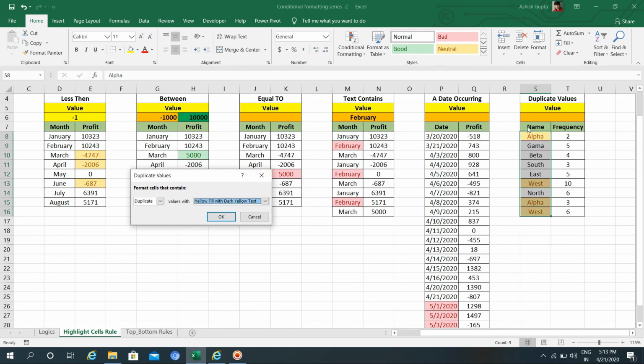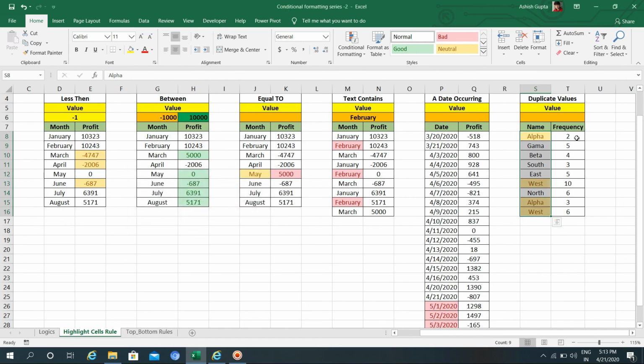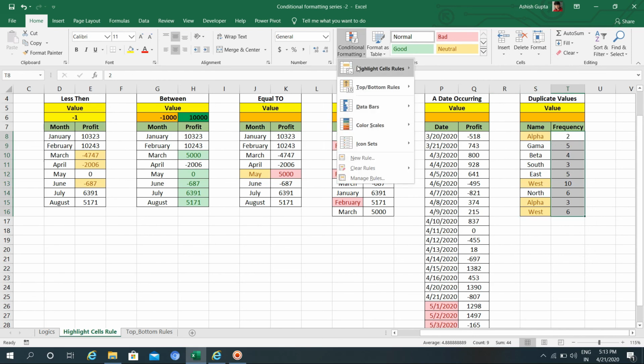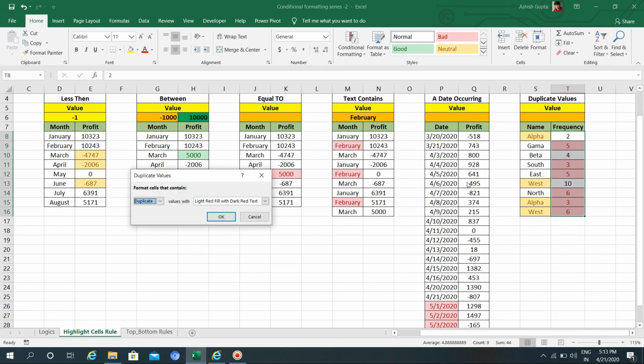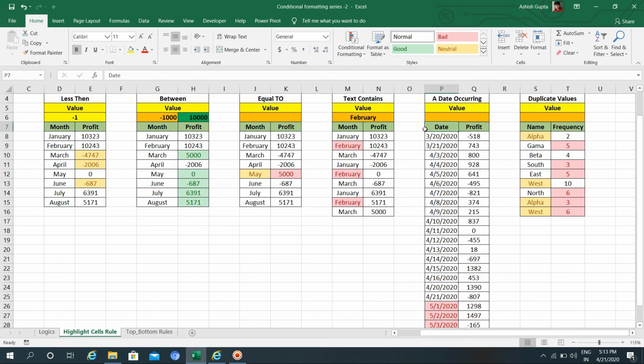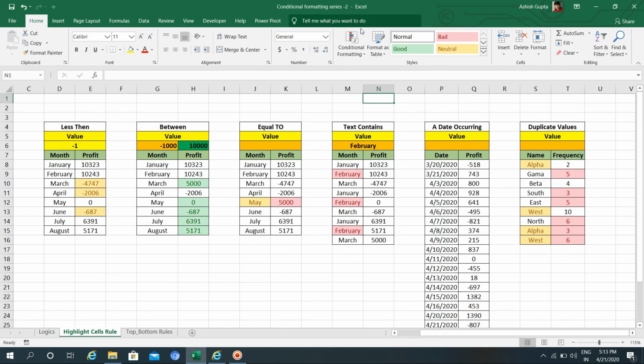Whatever value is duplicate will highlight. If I go to frequency, conditional formatting, highlight duplicate value, any duplicate value will highlight. The unique value will not highlight in color. That's how we'll use conditional formatting highlight cells rule.